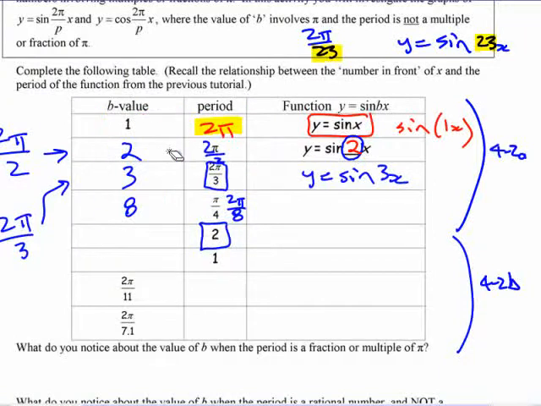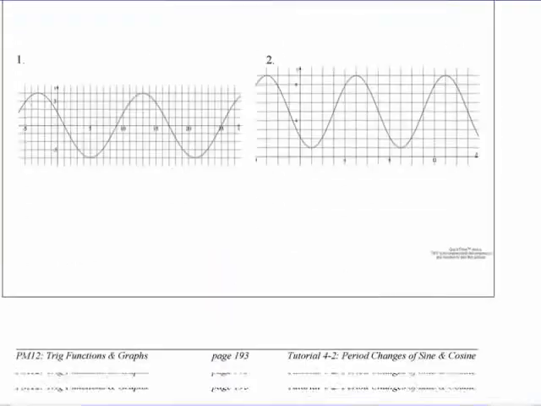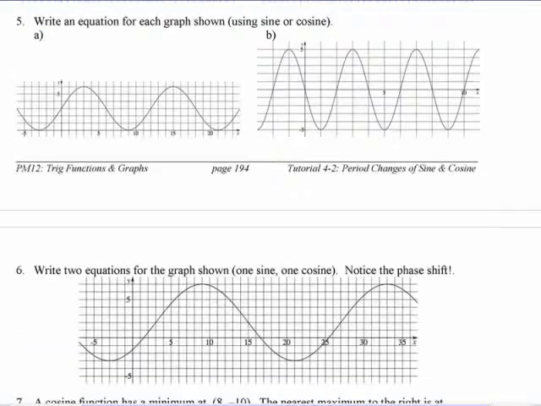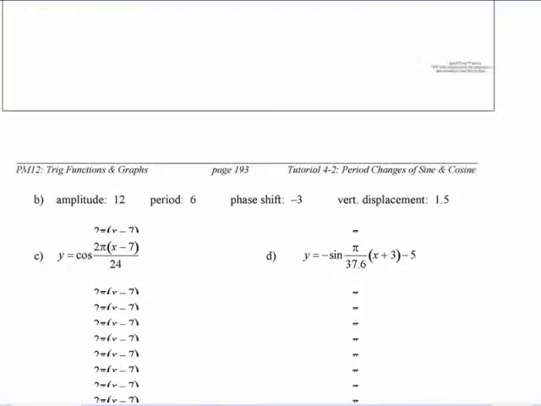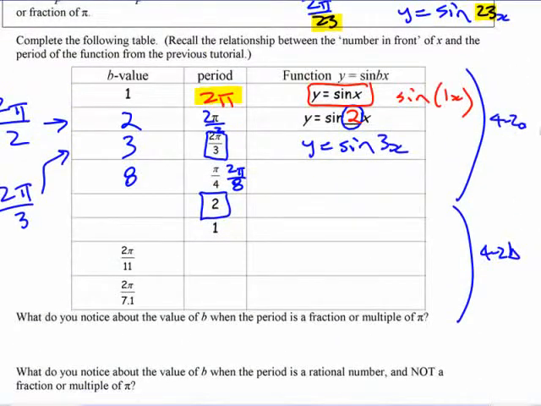If you want to scale it so that the period does not involve pi, let me skip ahead here to show you what I mean. If you look at some of the graphs involved here, these are pretty tiny little numbers, but the scale here is rational numbers, nice numbers, not fractions of pi. All of these graphs have rational numbers here, integers. Whereas the things in part A, the period and the scale and the graph was always pi fractions and stuff. If I want the period to be 2,